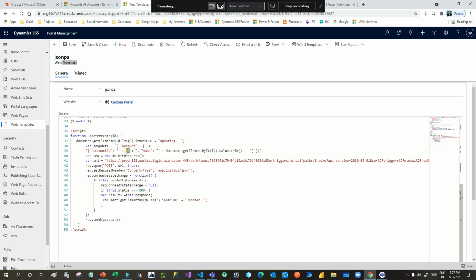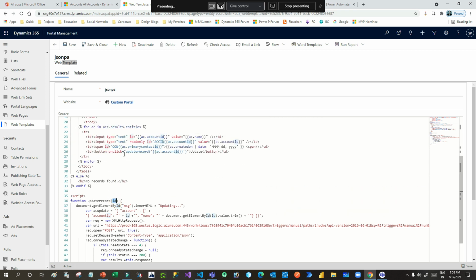So this account ID is passed as a parameter, right? But how can you read the account name? This account name is retrieved using document.getElementById, which is a JavaScript function to read a specific input control's value, right? I have to pass the input control ID. What is the ID? This account ID is assigned as the ID of this name field.